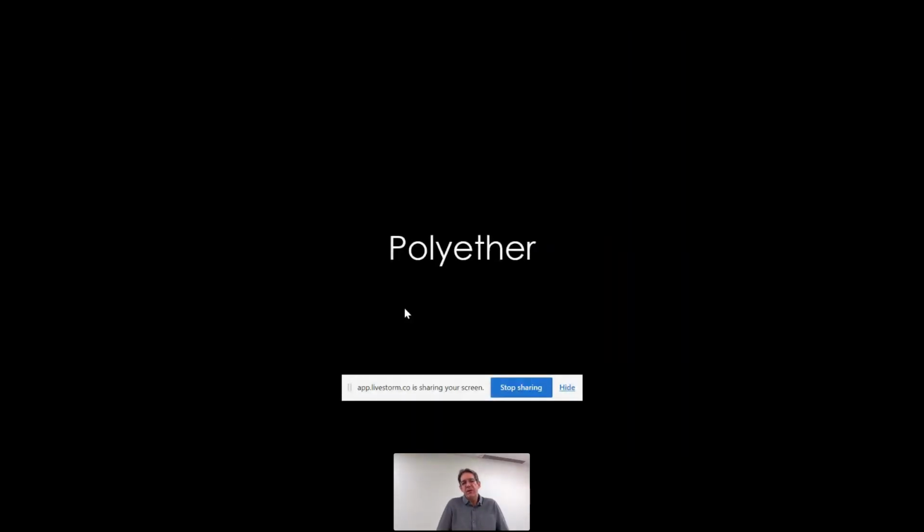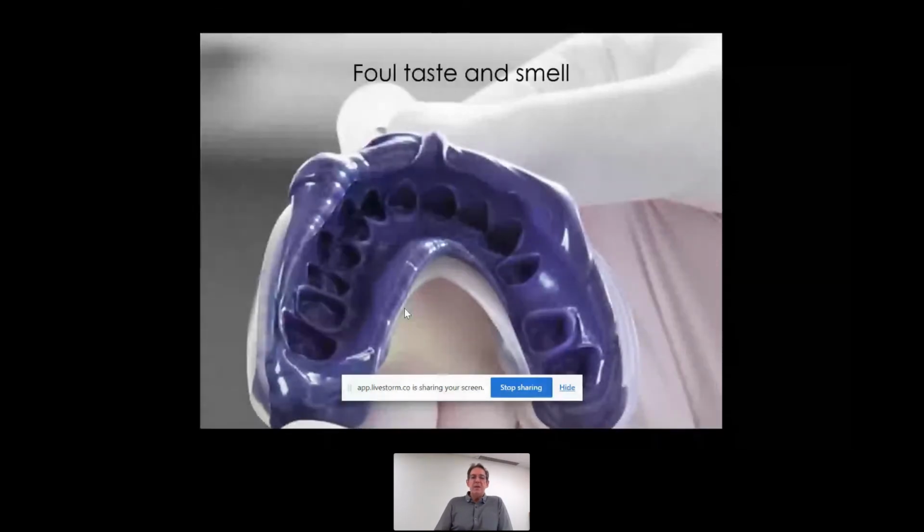So let's look a bit more closely at polyether. Impregum is not a bad material, folks. It's been around for a lot of years and it has a proven track record. But I also mention to people that over the last 30 years, they've certainly made some improvements to some of the other materials available. So again, not that it's a bad material, but we all know that